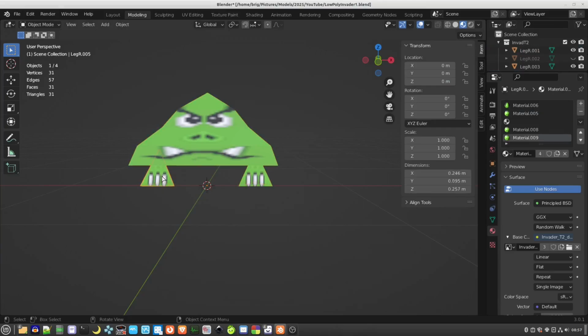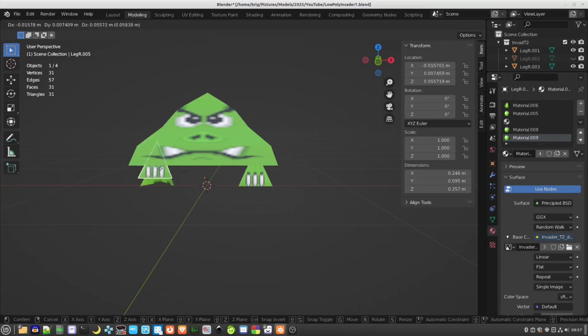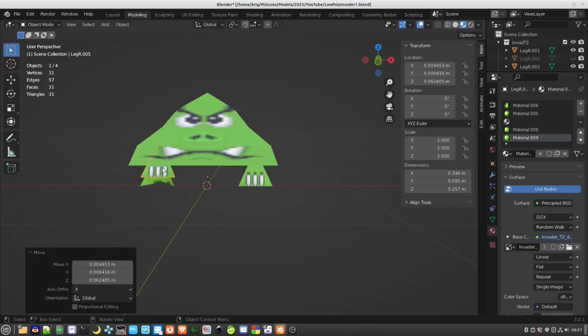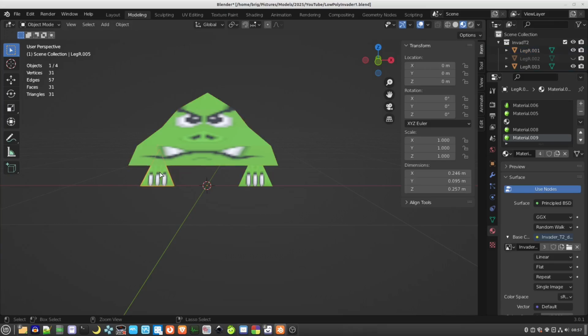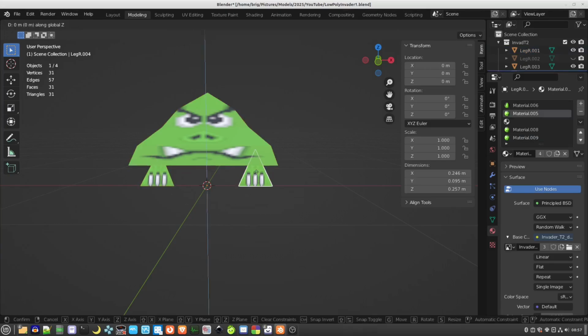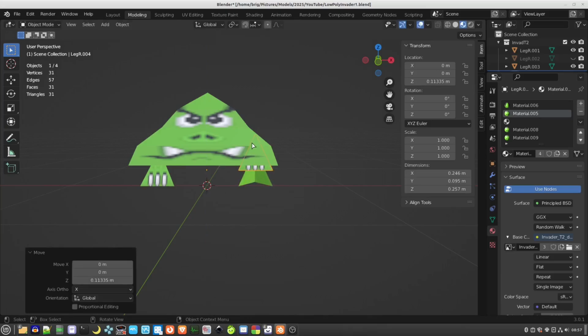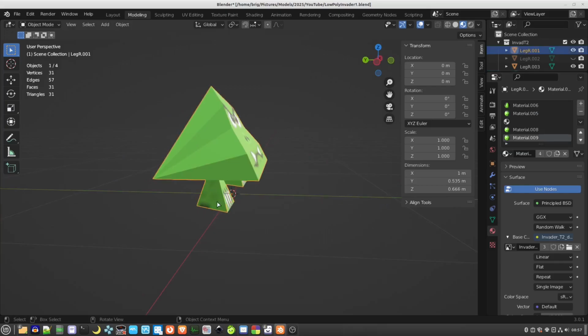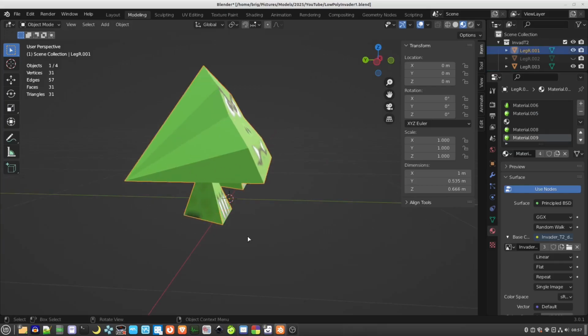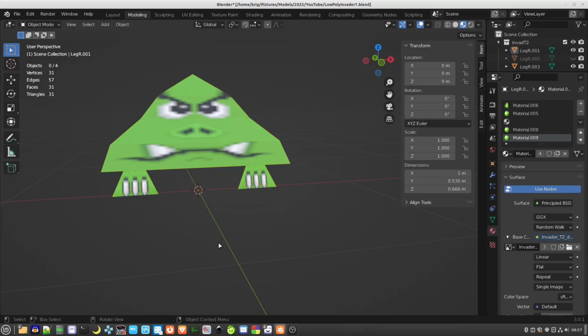is you would then move the leg up, select everything again, then export it, put the leg back to where it was, then move the next one up, and then do the same again. Don't worry about the fact that the back of it's not showing here. This is just an